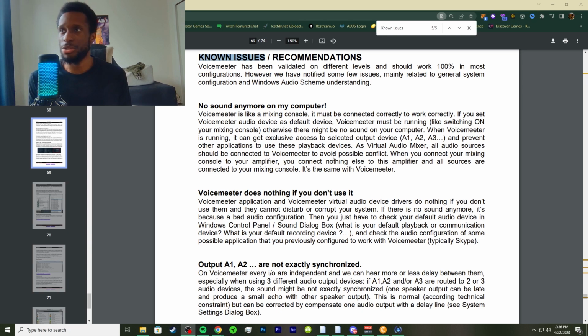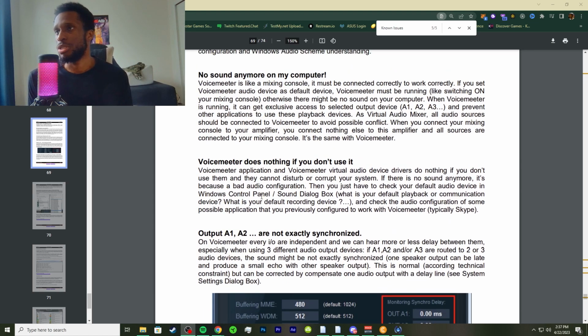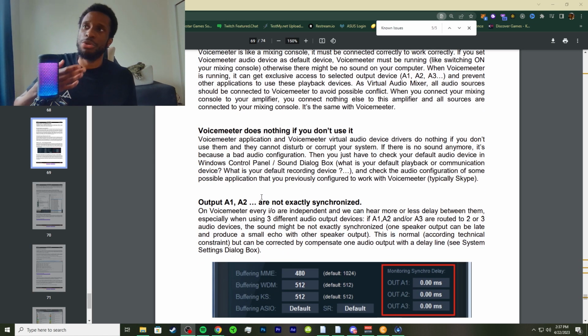When you connect your mixing console to your amplifier, you connect nothing else to this amplifier, and all sources are connected to your mixing console. It's the same with Voicemeeter. It's giving you a hardware concept for Voicemeeter, which is the virtual software type of mixing console that it is.